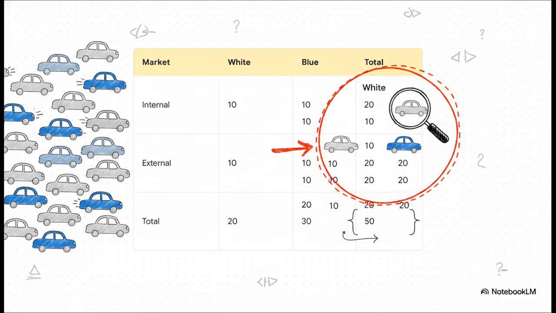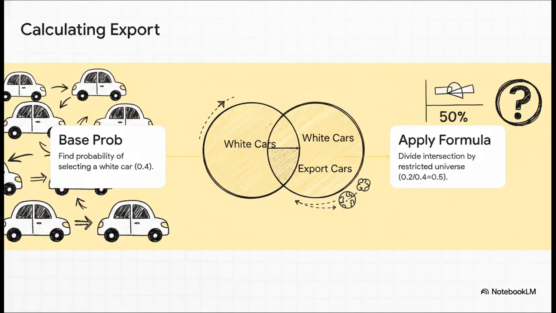Stop right there. I want you to focus your attention completely on the restricted universe of just the white cars. We literally do not care about that grand total of 50 cars anymore. Our entire world has shrunk down to only those 20 white ones. Let me walk you step by step through calculating the actual probability that this randomly selected white car is an